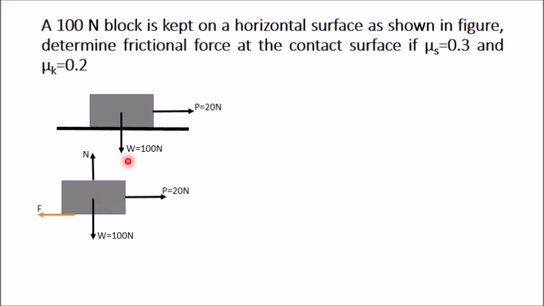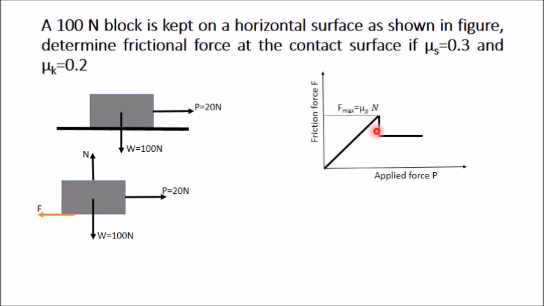In this free body diagram, since I have removed this support, in place of support I have drawn one normal reaction which is perpendicular to the surface, and there will be one friction force which will be opposite to the impending motion. Because of this force, the motion may be possible only in the direction of right side, therefore friction force will act opposite to that direction of impending motion. So this will be the friction force. You have to determine value of this force F.